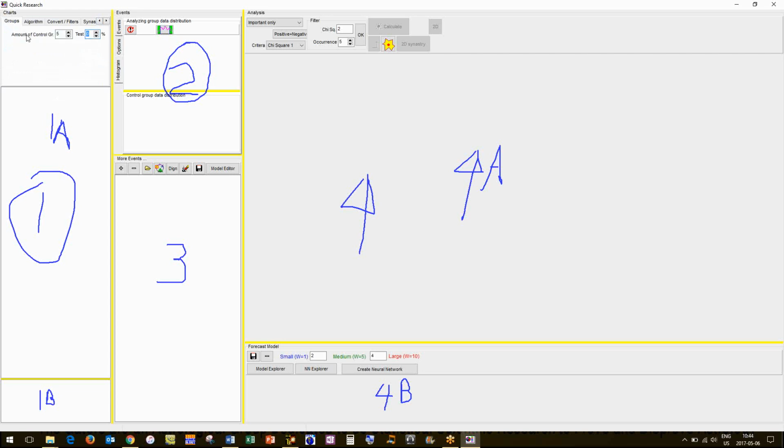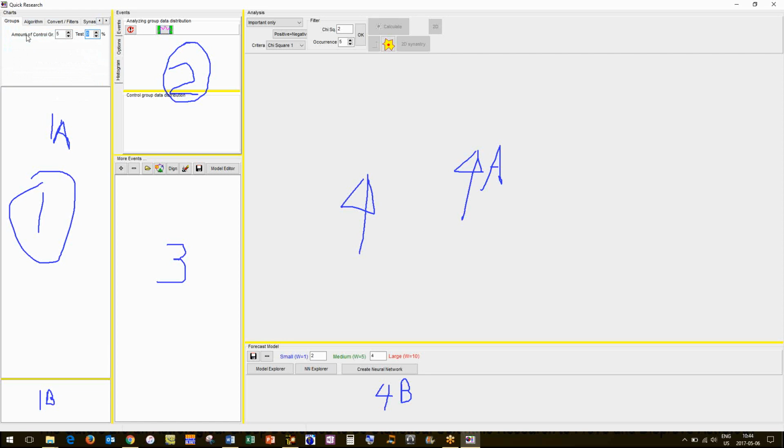Control group. Okay, now when you're conducting a research analysis, you have your sample group. So let's say in the case of breast cancer, you have X amount of charts for breast cancer. Now, you want to test these against either a random group of charts, general population, or you can have a set group.